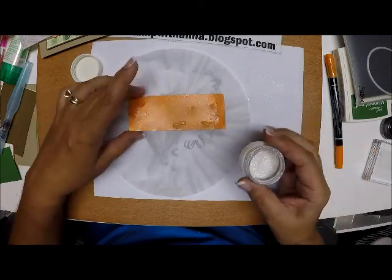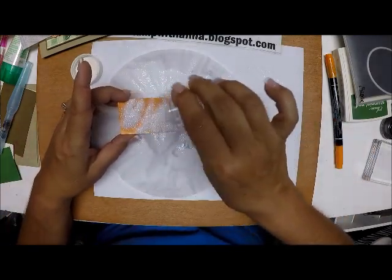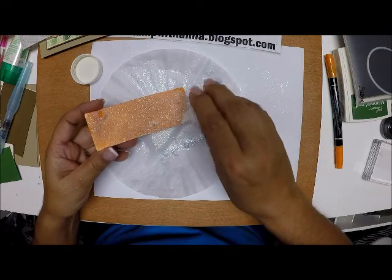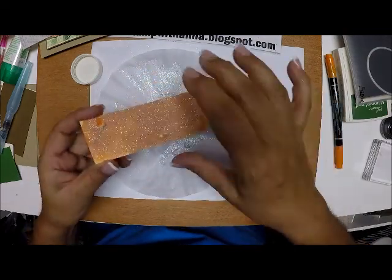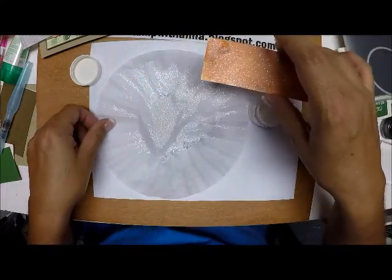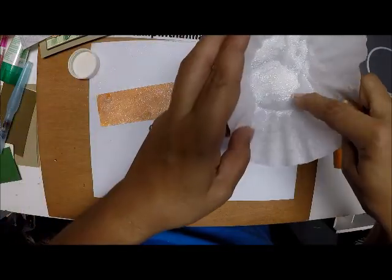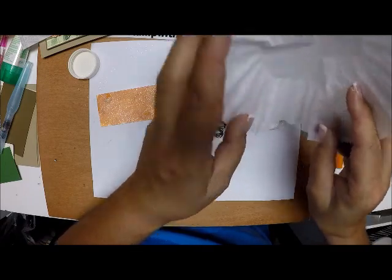But anyway, now I have this paper, and I'm going to sprinkle it with my Dazzling Diamonds. I'm going to make sure I get that all over. It's kind of like when you're embossing. And like I said, because I'm cutting this out to be a pumpkin, it doesn't really matter that I don't have every piece covered. But if you were doing something else with it, you would want to make sure that you had glitter on all of it and that your paper was really, really dry before you